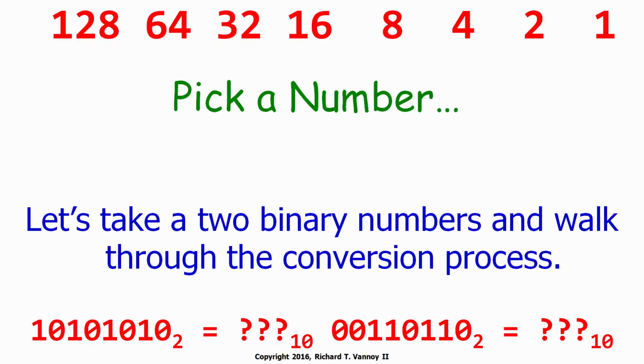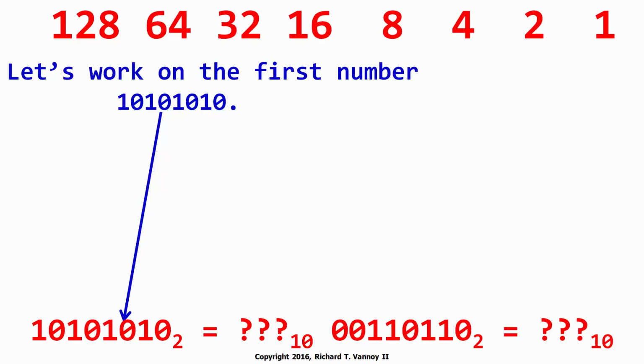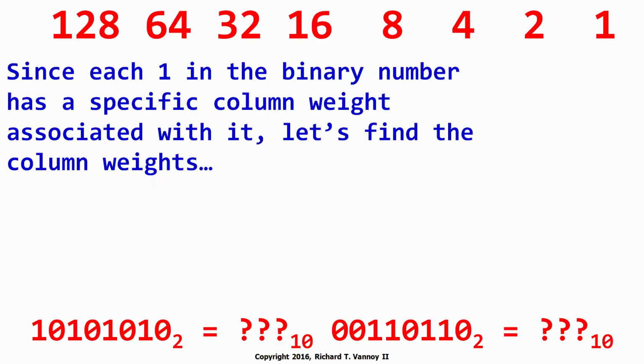So here we go. Well, let's work on the first number, the 10101010. That's the number. We're trying to solve the problem, what is that number worth in the decimal numbering system? Remembering that each of the digits in a binary number has a specific column weight. What that 1, 2, 4, 8, 16, 32 up top says is the farthest bit on the right in an